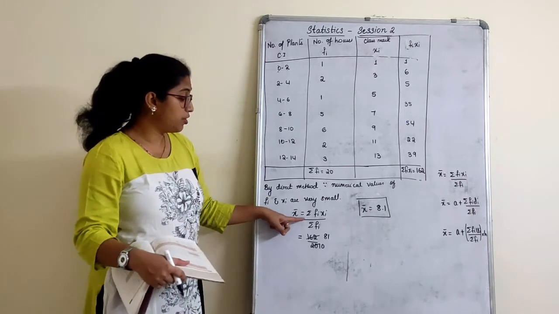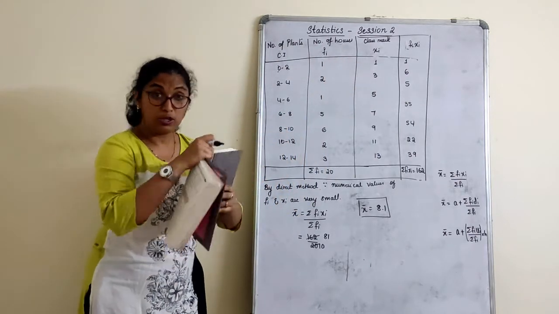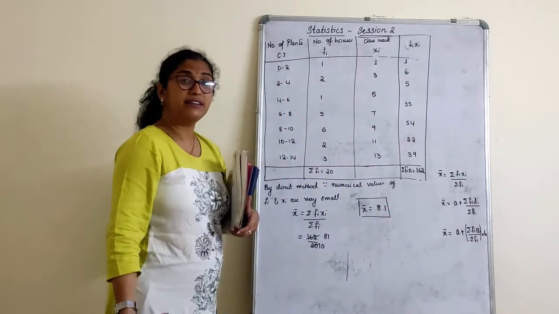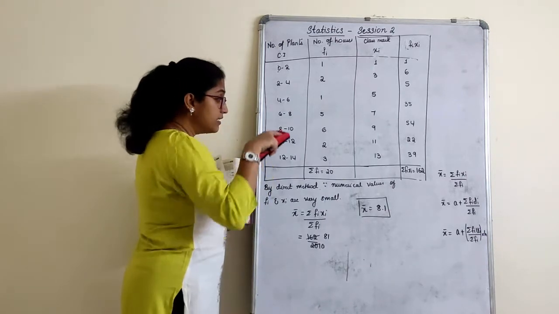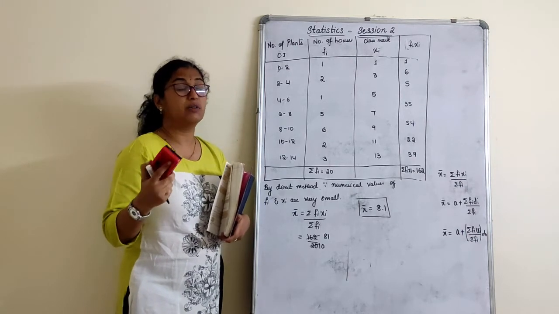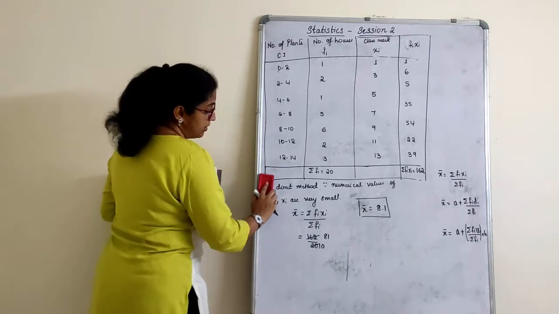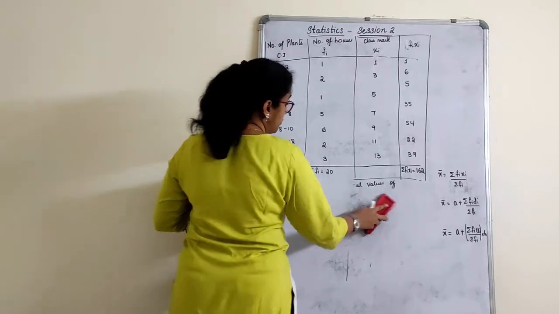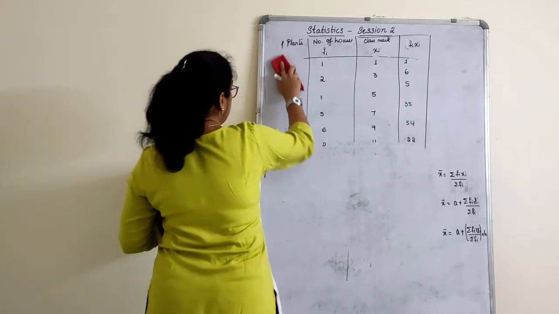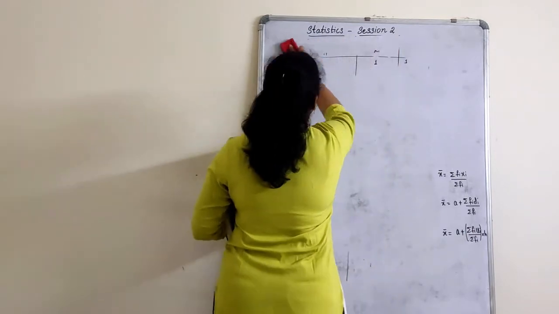That means you should know the formula. Based on the formula, you will come to know what columns you require here. We'll go to the next sum now. From the next sum onwards, they have not given anything. They have just given the data and said to use an appropriate method to find. So I am using assumed mean. There is no hard and fast rule to use that method, but one method I will teach. Later it is up to you which method you want to apply. All calculations by yourself, no use of calculators here. Try practicing using manual calculations because in examinations you will not have any calculators. So we'll start with the next one.